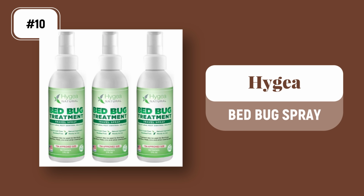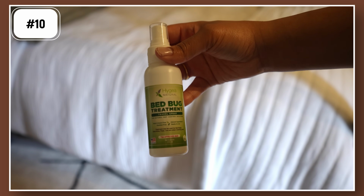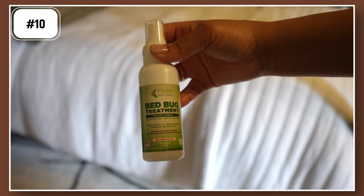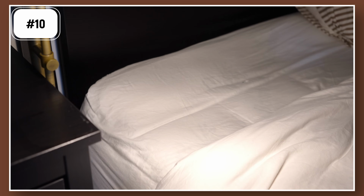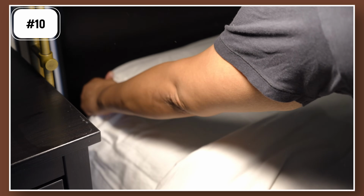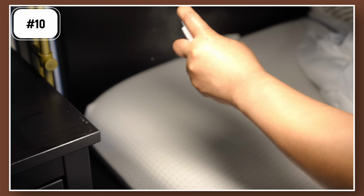And yeah, we're talking cleanliness because traveling is fun, but it's also really dirty. So if you are traveling, you want to inspect that bed at whatever hotel or Airbnb you are staying at, because bed bugs are no joke. This spray is amazing. It just gives me peace of mind, and it's supposed to kill everything there. Spray everything down when you go into the hotel room. The rug, the bed, all of that,